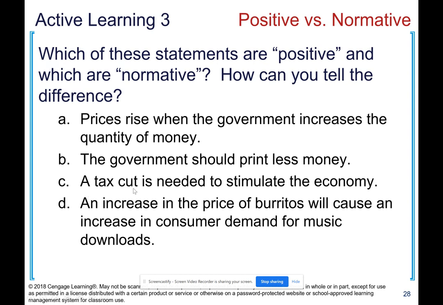Number C, a tax cut is needed to stimulate the economy. "Needed" should give you an indication. That is somebody indicating what his or her worldview is. Number D, an increase in the price of burritos will cause an increase in consumer demand for music downloads. That's a factual statement. It does not have to be right, but when somebody makes a descriptive statement, that is